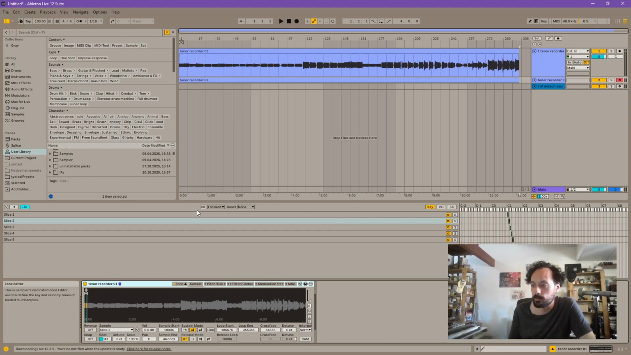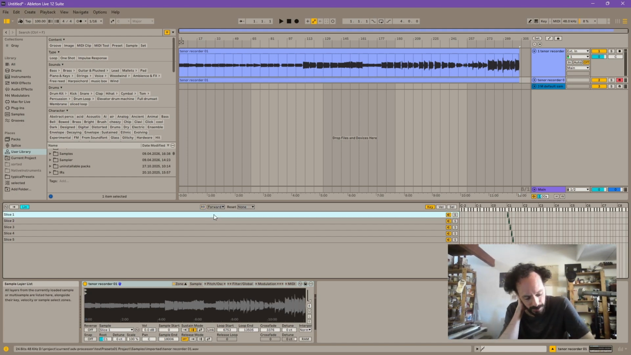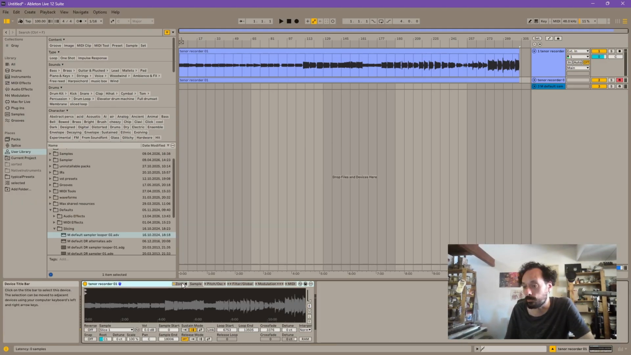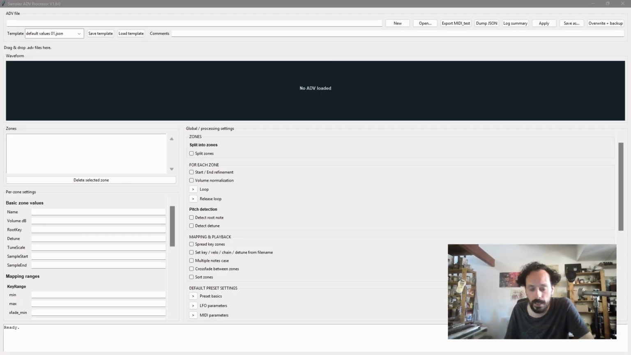Although it took them like 20 years to implement these round robin features, and I don't know why. It seems they are spending a lot more effort on Simpler than Sampler, but I don't really like it because I need many zones, and I'm just very used to Sampler. Anyway, that got me to create the tool, and the initial way I intended to use the tool was just to